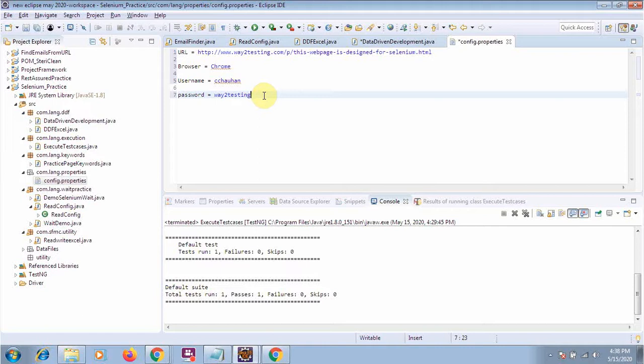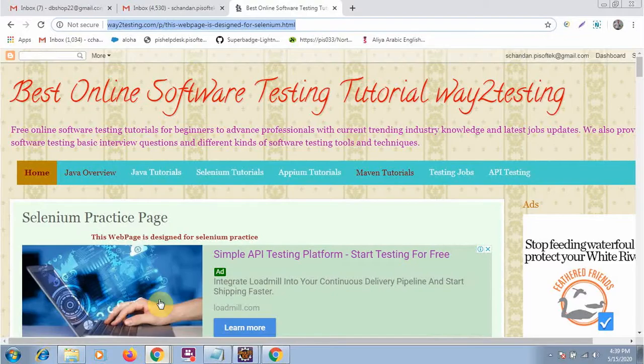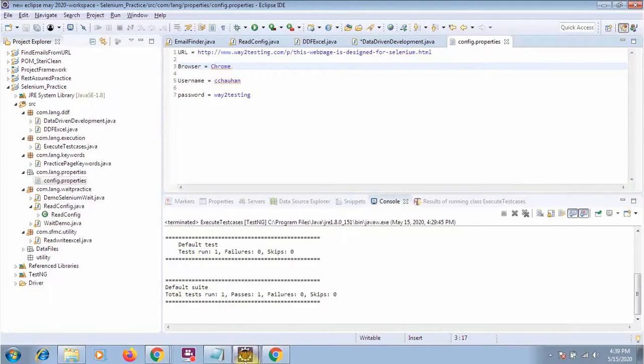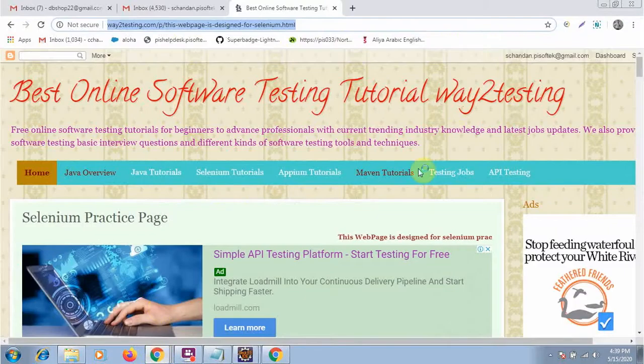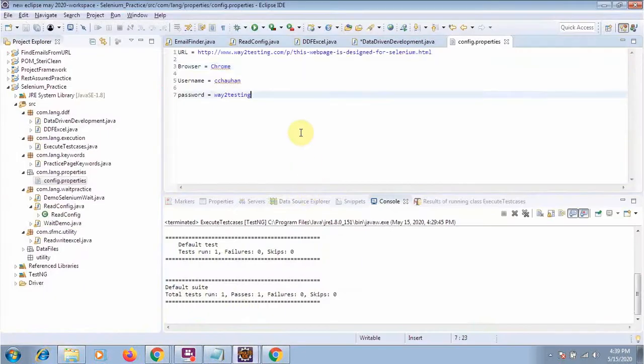So now I will create a class to read the value from this config file.